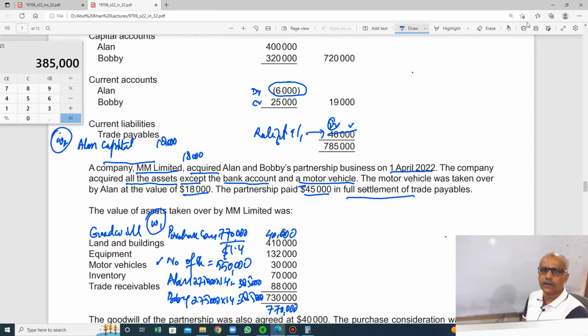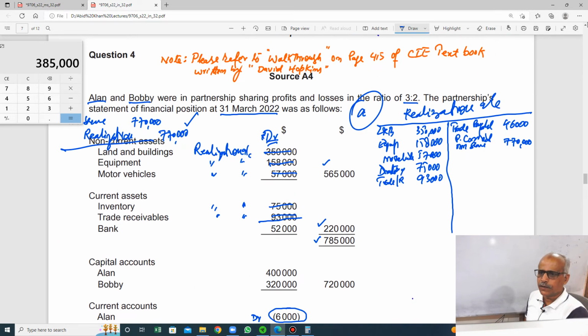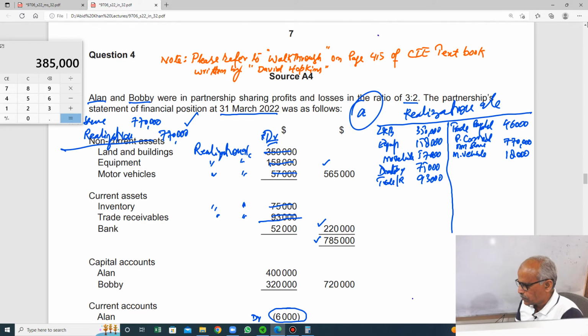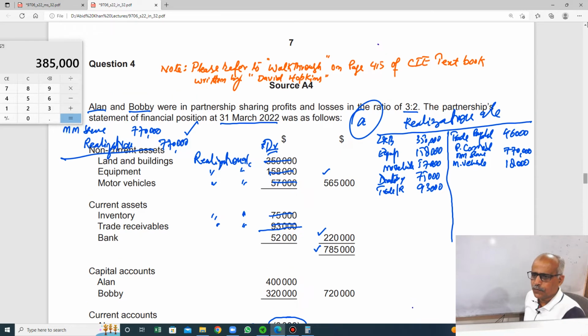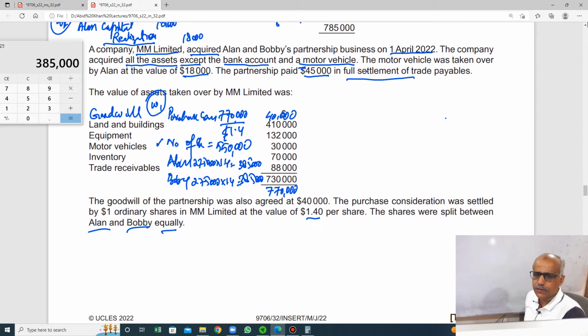So all payments and receipts, all settlements will be done through the realization account. So see, this is the realization account will get credited for motor vehicle. So you will realization account 18,000, you can say motor vehicle. One minute. Okay, and one was vehicle, and the other, what was the